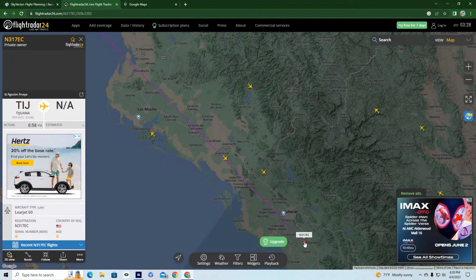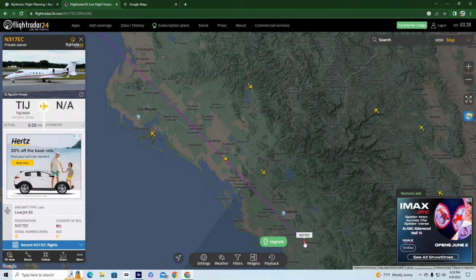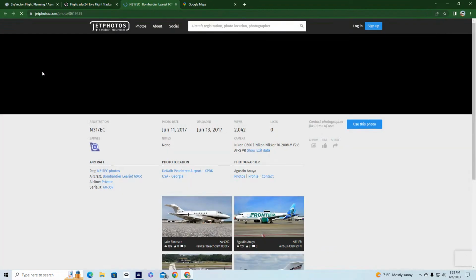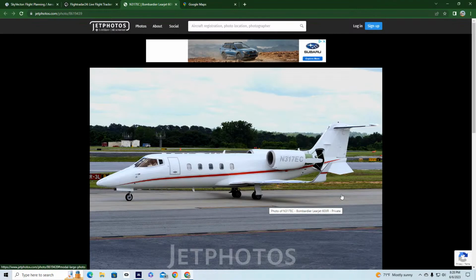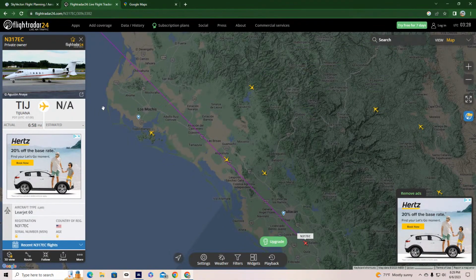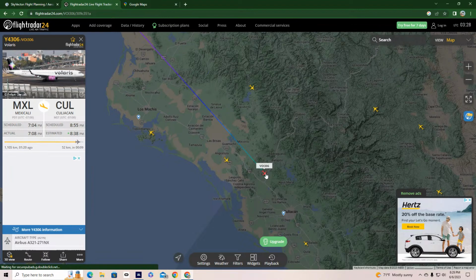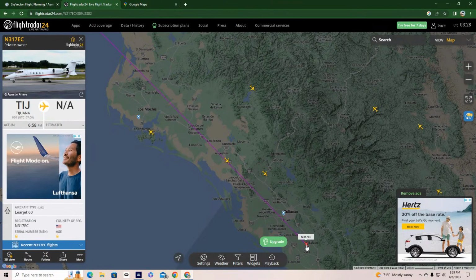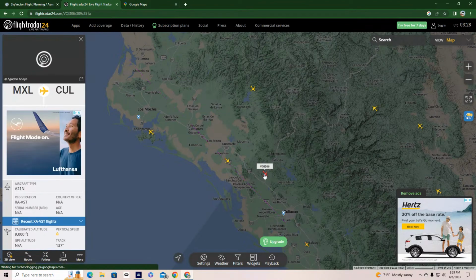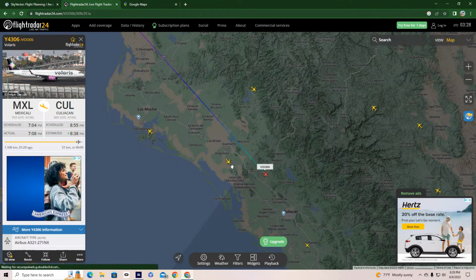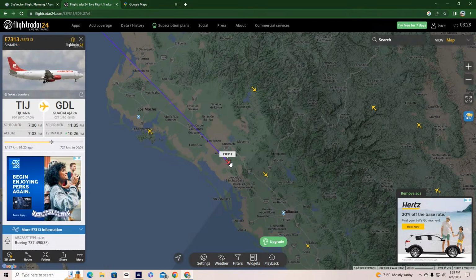And then right here looks like a Learjet. How many Learjets do you see anymore? That's a Bombardier Learjet right there. This is all real-time flights. There's Polaris 306. Now look at the Polaris 306: descend and maintain flight level 200. So that's the Polaris, and then there is also an